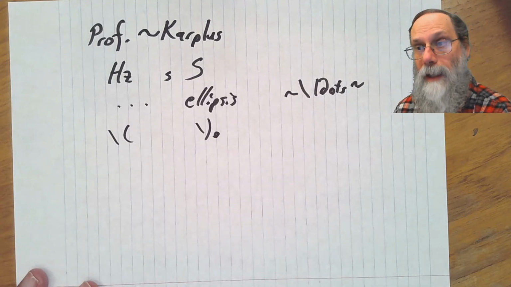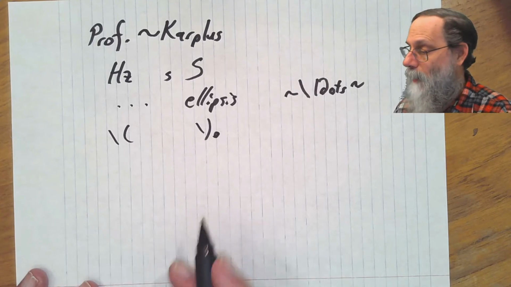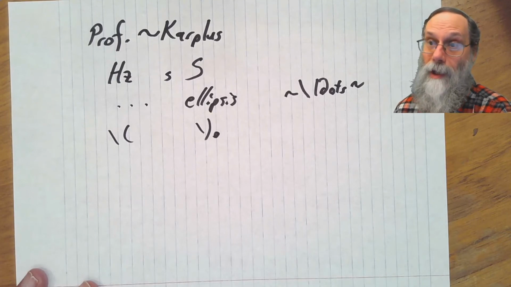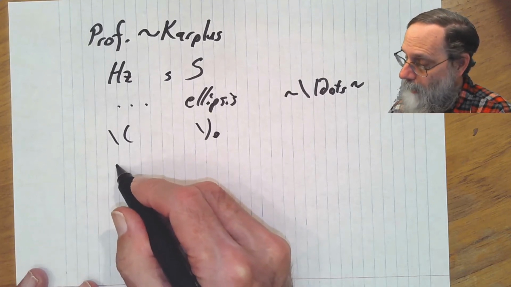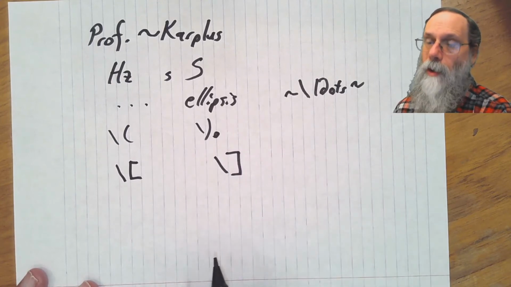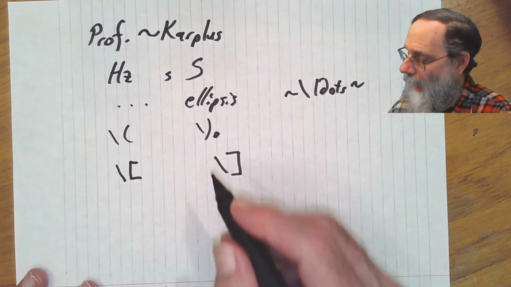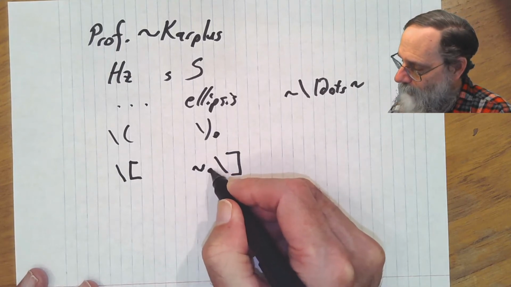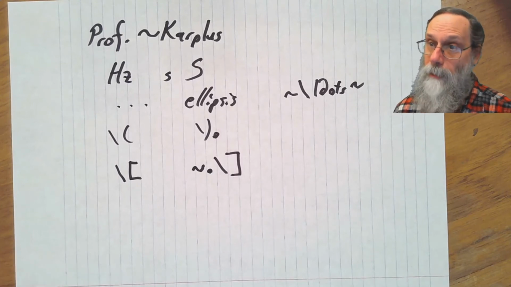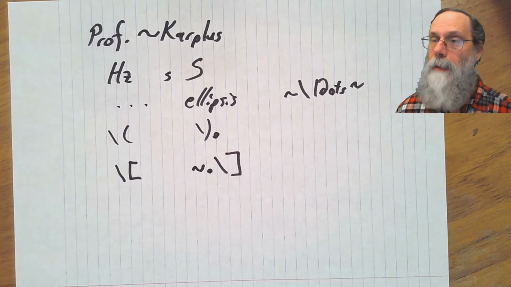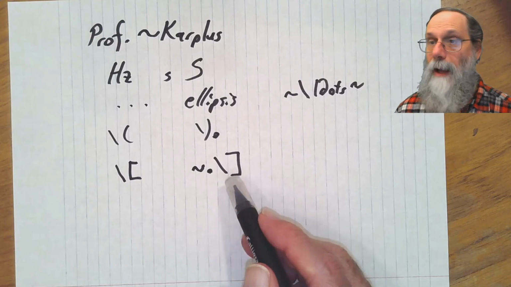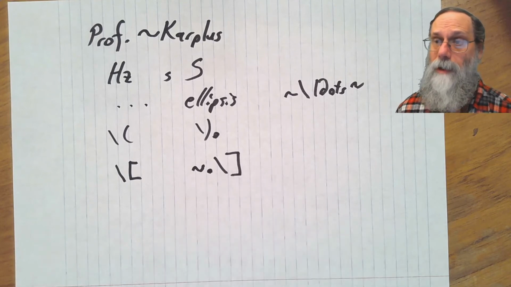If, however, you're displaying the formula, so it's coming on a line by itself, putting that period on the next line after that looks really terrible. You don't want to start a line with a period. So what I do for that, if I've got a display math, either with square brackets or by doing begin equation, end equation, I will put the period inside the math formula, but I will put that tilde for a non-breakable space before the period so that the period doesn't run into the math formula, but has just a little bit of space to separate it from the math formula, because in display math, it looks pretty bad sometimes when the period is crammed up against it.